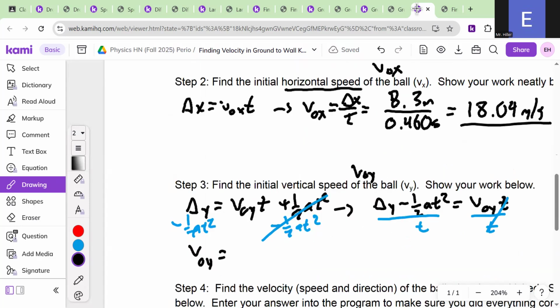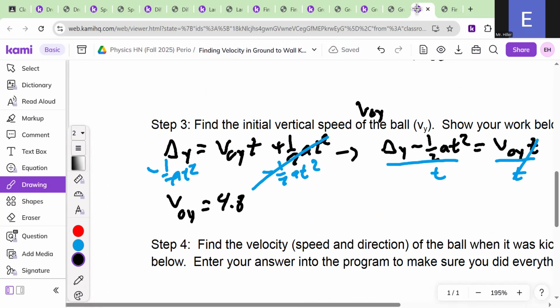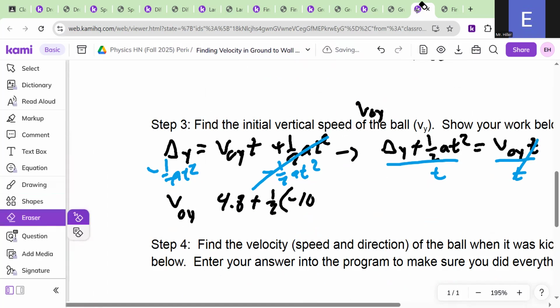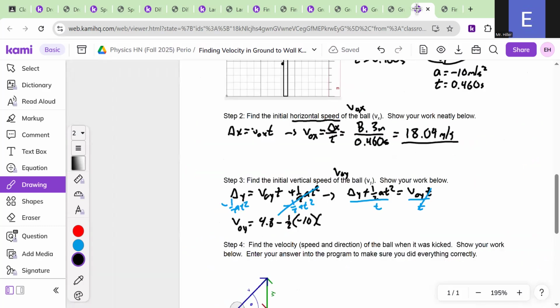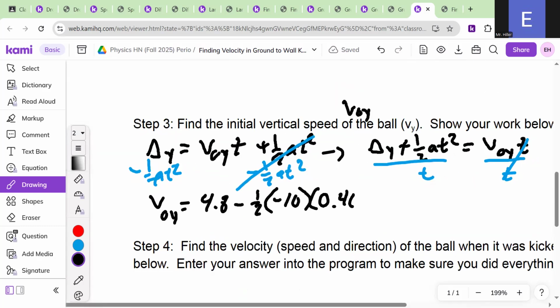So v naught y would be, your delta y is how high it was on the wall. So for me, it was about 4.8. So plus 1/2 times your negative acceleration, in my case -10. Oh no, no, it was minus. I'm sorry. It was minus because I moved it over to the other side. So let me fix that. It was minus. And then times your time. My time was 0.460 squared, all divided by